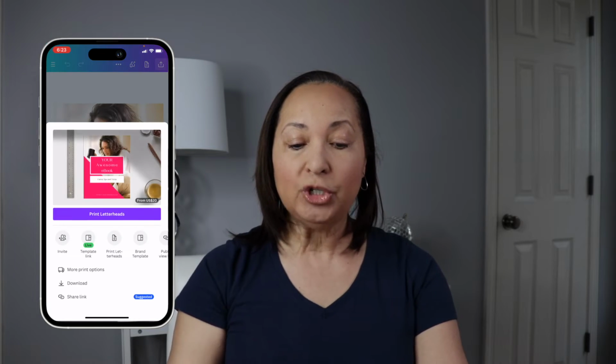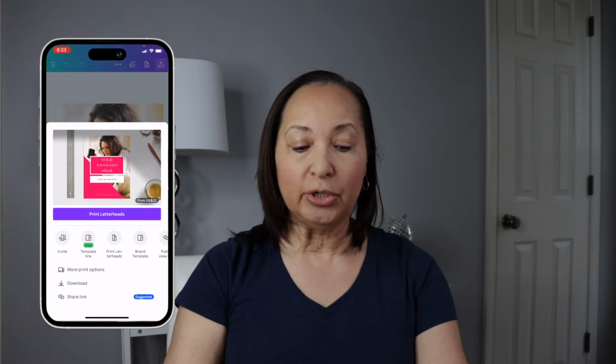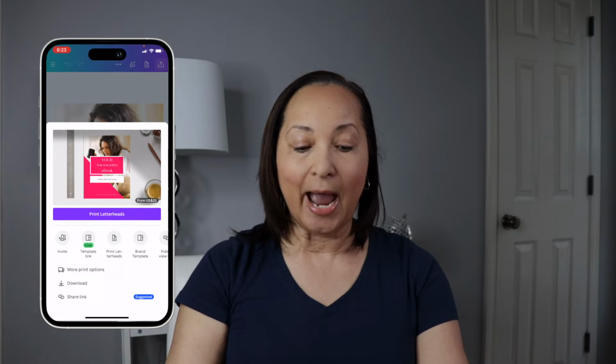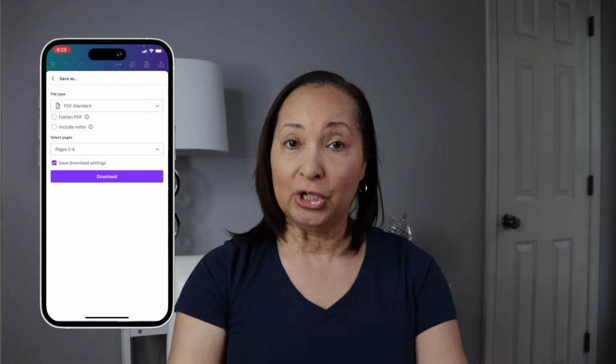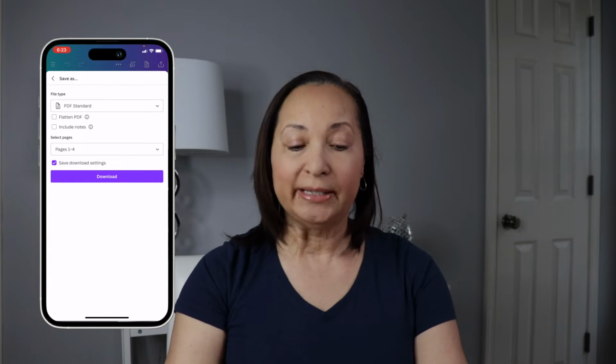So what you'll do to save it is you'll go to the upper right-hand corner and you're going to see a half square with an arrow pointing up. You'll tap on that, and once you do that, you can then go to the item that says download. Tap on download, and then you'll be given the option to determine how you want to save it or what